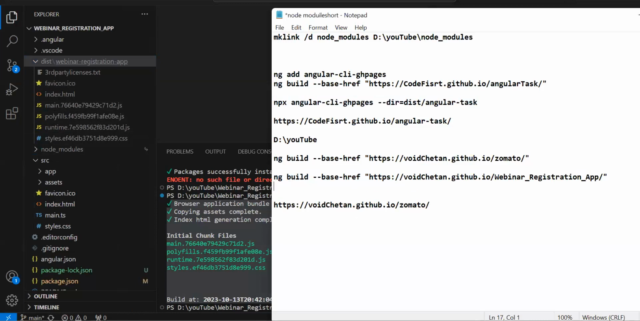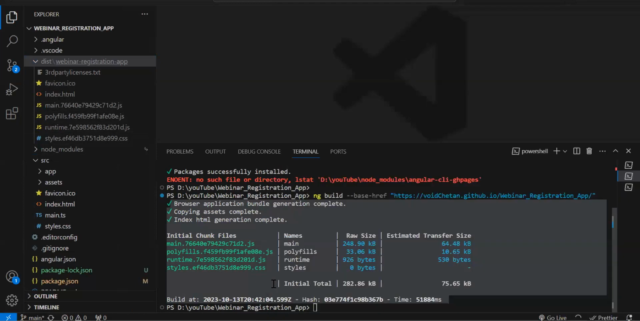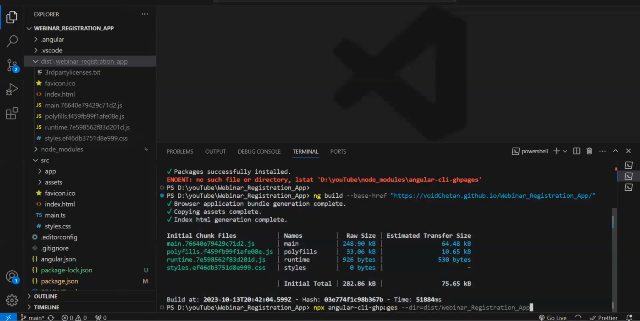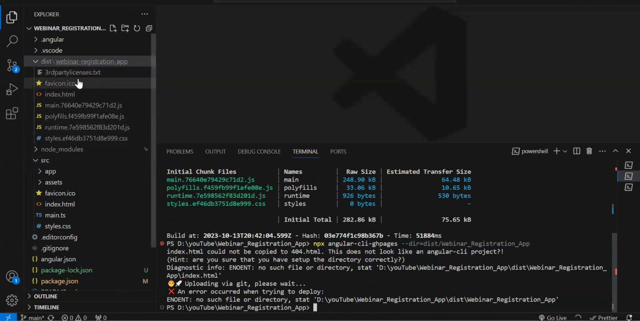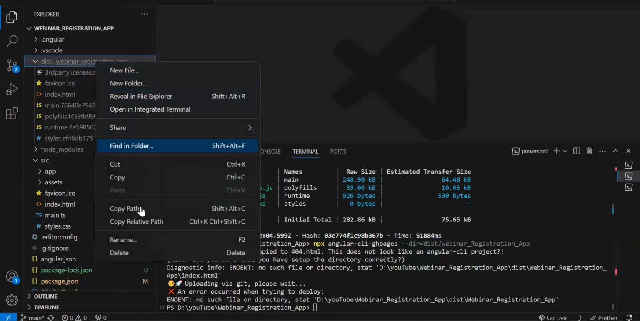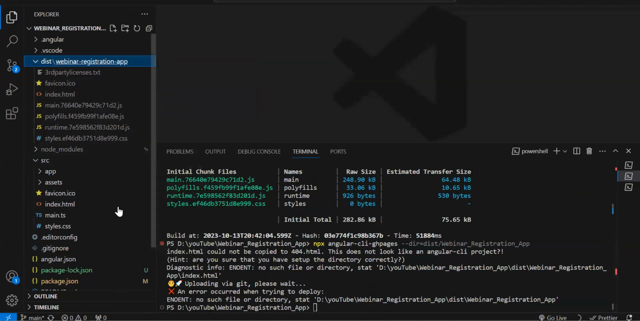Again, in this command, we need to specify the folder name, right? We have created the project with the same repository name, so this will be the command. Let's add it, enter. Now what it is doing, it is going to publish this particular folder, whatever code we have. An error occurred. Okay, no such file. It is just the capital and small letter issue. Let me just rename this folder